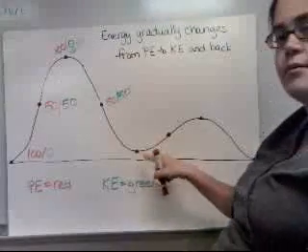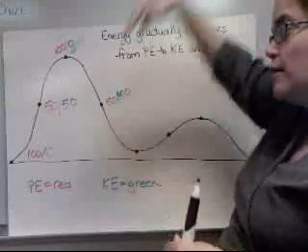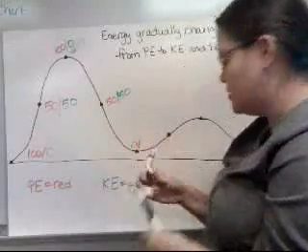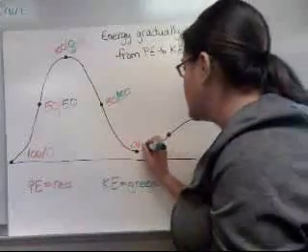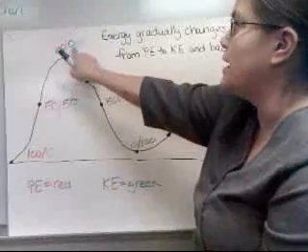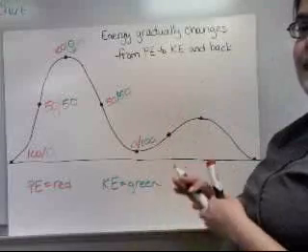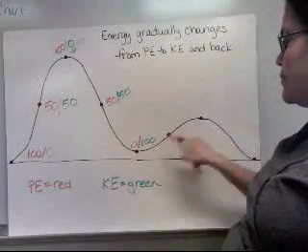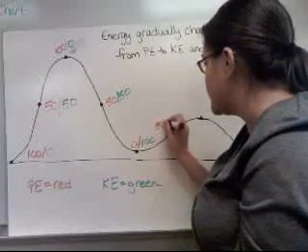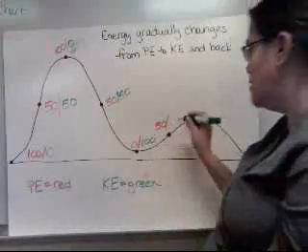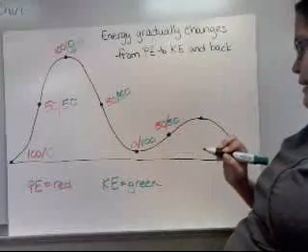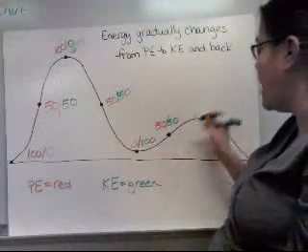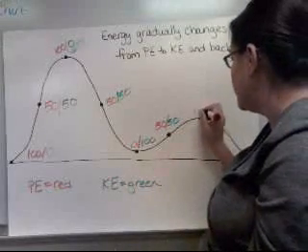Okay? Here, we're all the way down the bottom of this hill. And so when you reach the bottom, you're at your maximum kinetic energy, like the bottom of a big hill. So here, we have 0% potential and 100% kinetic. Everything that was up here has now completely turned into kinetic. Here we're up a smaller hill, but again, we're about halfway up this hill, so we're about 50% potential and 50% kinetic. Here, it's going to be just like the top of this hill, it's just smaller. So we have 100% potential energy